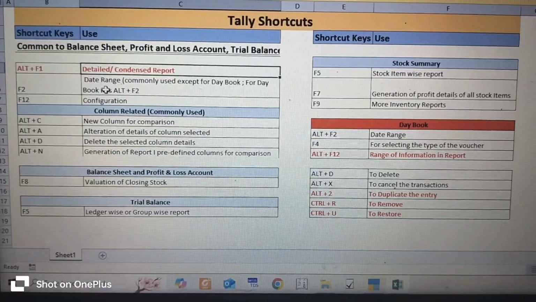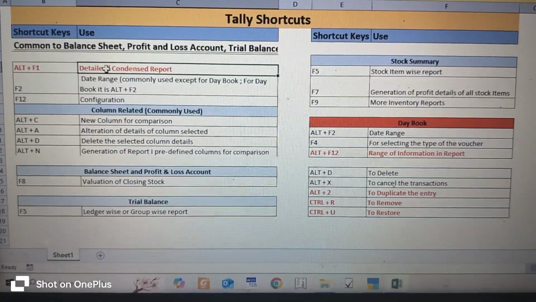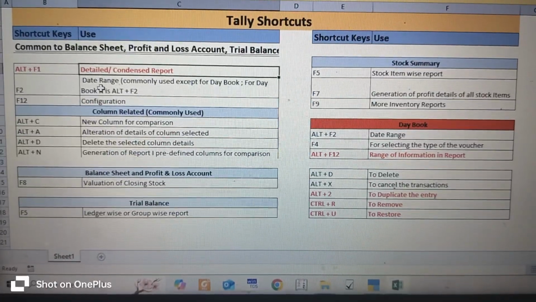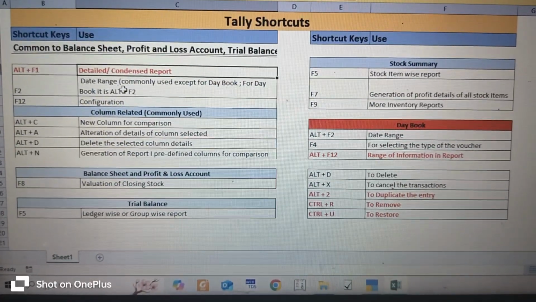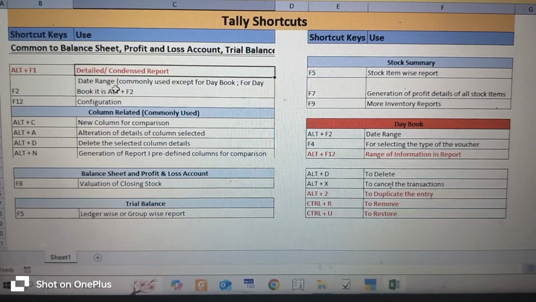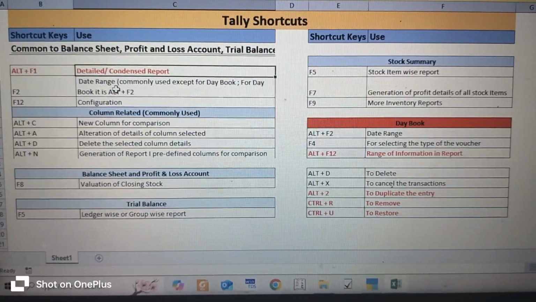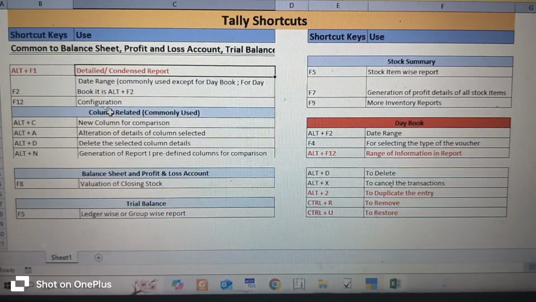I have listed down at one place. For example, Alt F1, this one is common. F2 also is common, date range, that is for selecting the period, but for Daybook, Alt F2 is used instead of F2. F12 is for configuration,